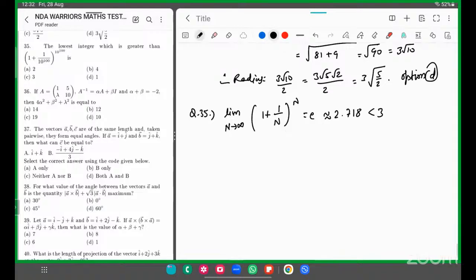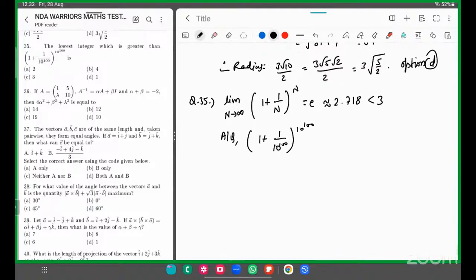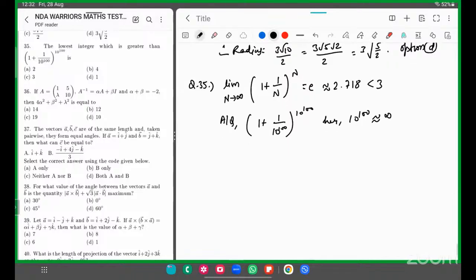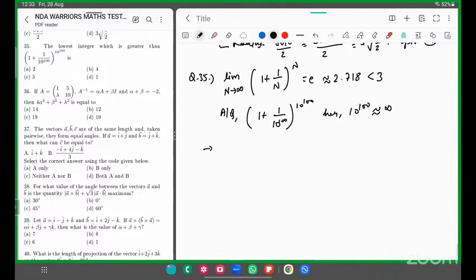According to, in my question, what they have given, as per question, (1 + 1/10^100) raised to power 10^100, and this is also 10 raised to power some 100 is there, right? Matching, almost same pattern. 10 raised to power 100 is almost equal to infinity only, right? So we can say that